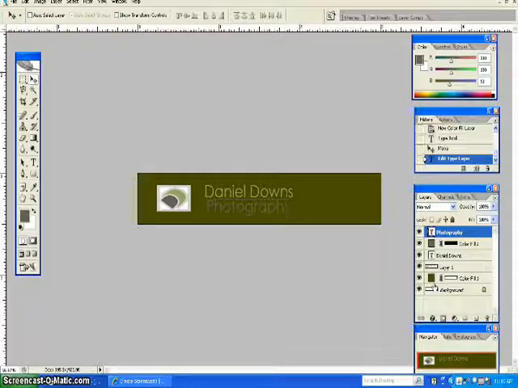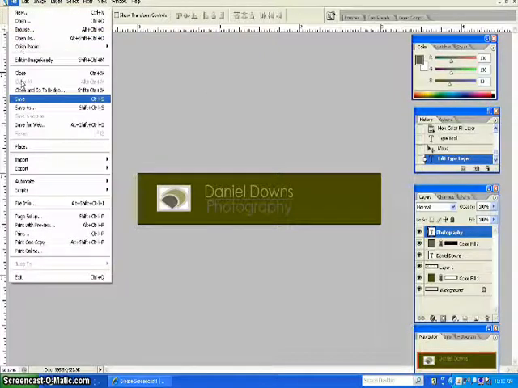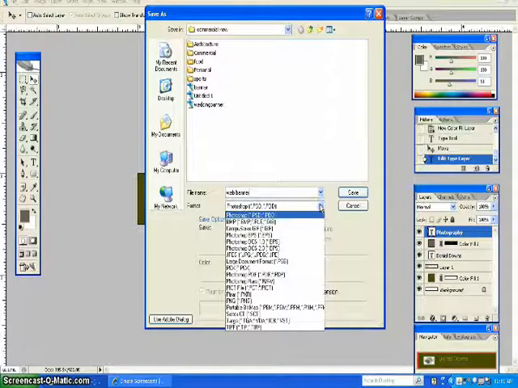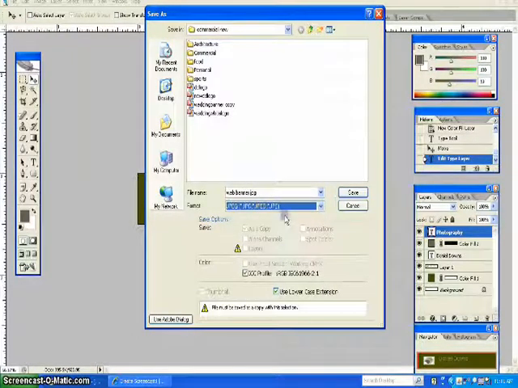Now let's suppose we're ready to put this on the web. We can't save it as a Photoshop image to put it on the web. So what we need to do is File, Save As. It's already got our handy name, web banner. But if you notice, it's a Photoshop document, and we can't insert an image into a web page as a Photoshop document. So I'm going to go down to JPEG, and now I'm saving it as a JPEG into my folder,